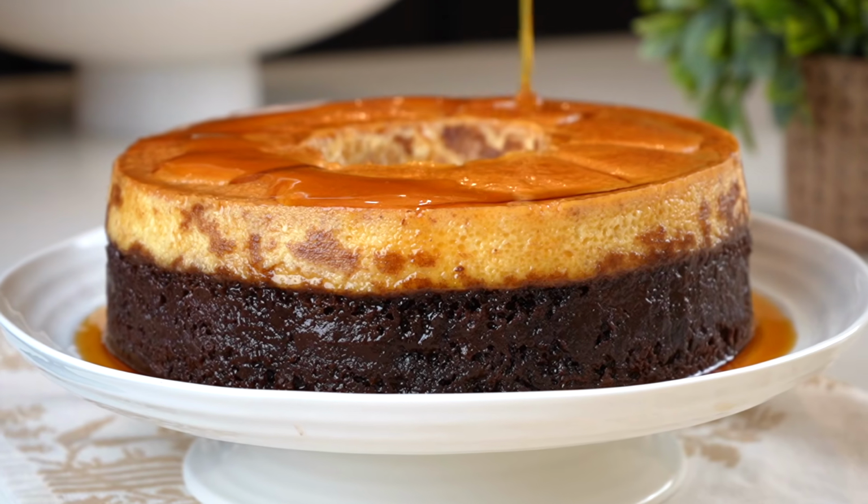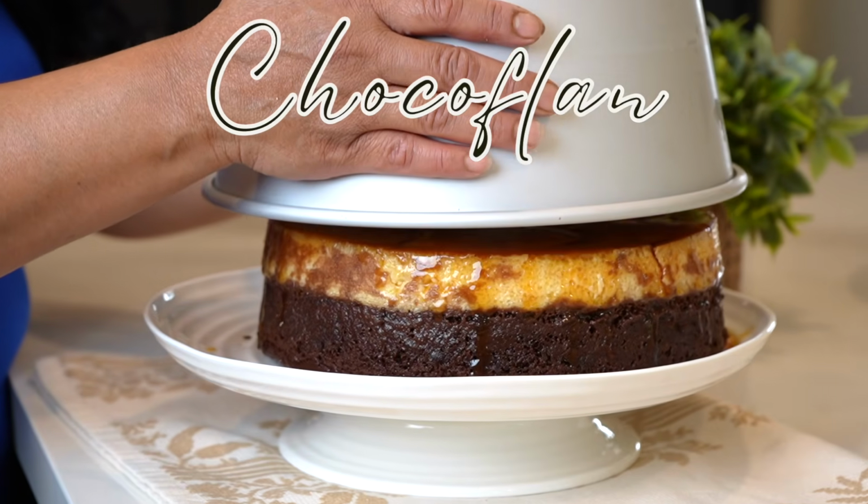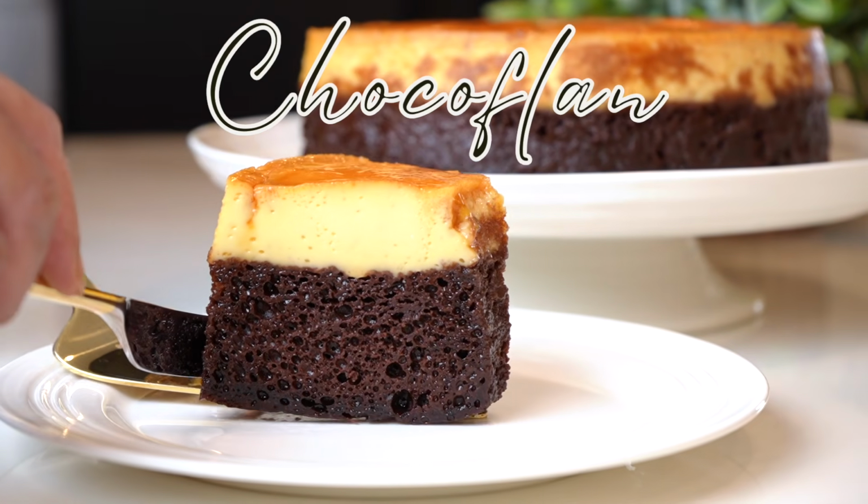This rich and decadent Chocoflan, often called the impossible cake, is a showstopper dessert that magically separates into 2 layers